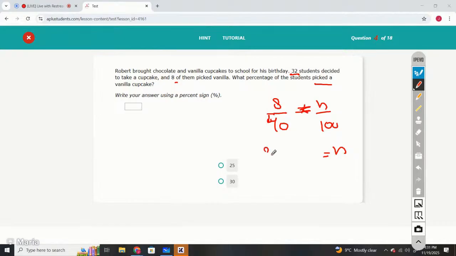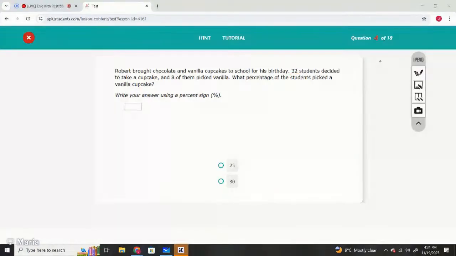So just solve this for n, that is 8 times 100 over 40. 8 times 1 is 80, 8 times 5 is 40. So 5 times 25. Wait,